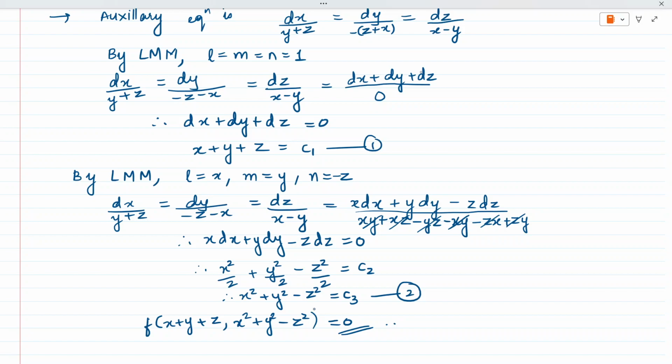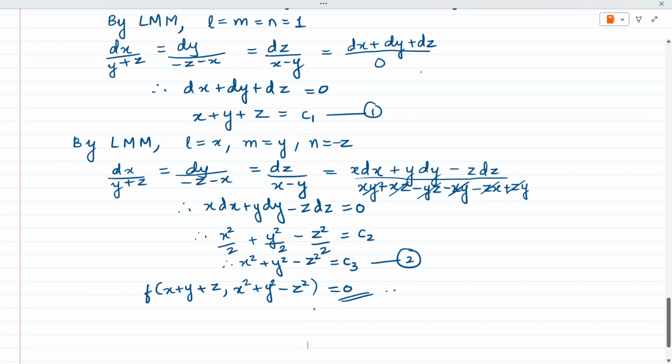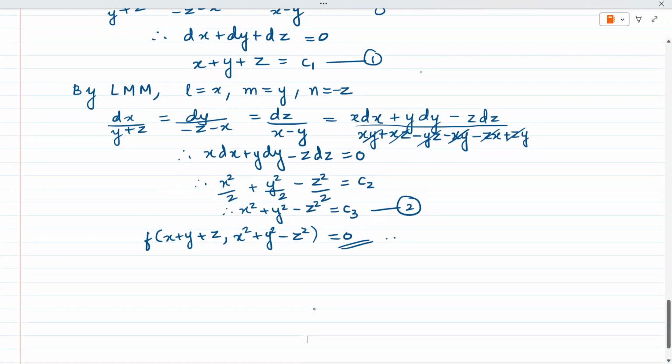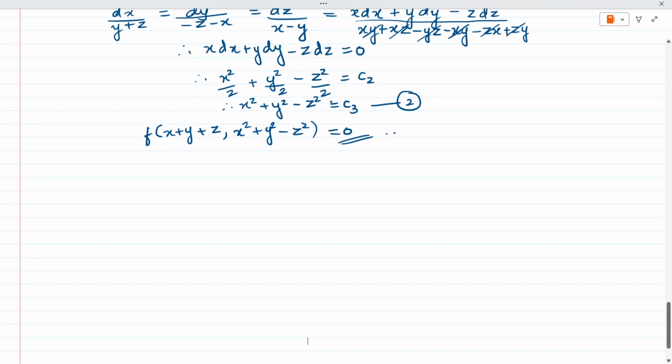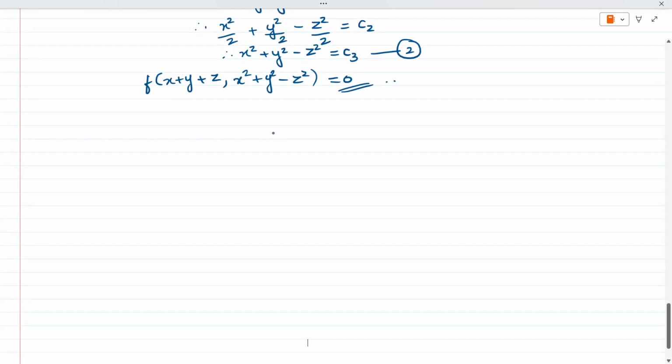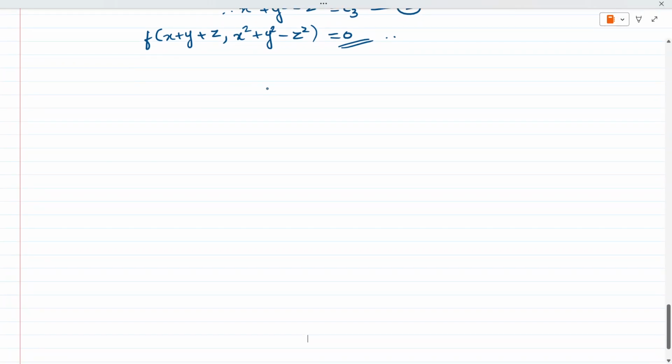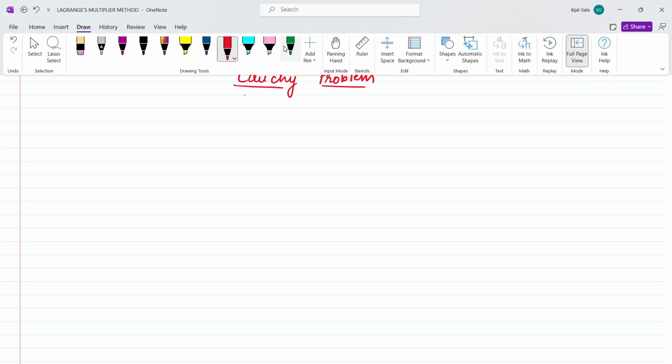But when we talk about Cauchy's problem, let's understand what are we looking at over there. That's also a sum which is based on Lagrange's multiplier method. We will do more types on Lagrange's in the next lecture, but today, because we've learned these two types, we're going to do sums which are based on this. Okay. Now, what is this Cauchy's problem? Before you understand the Cauchy problem, let's understand what are we doing here. When you solve a particular PDE,